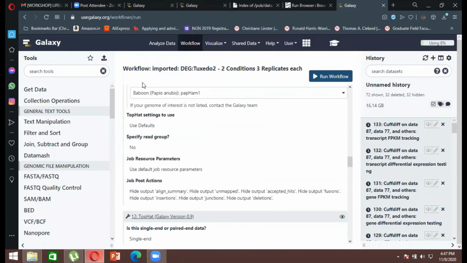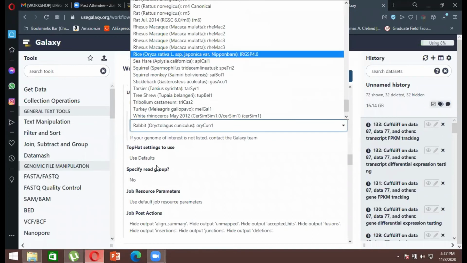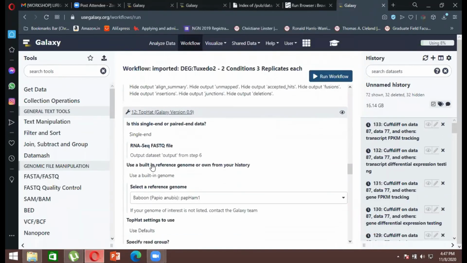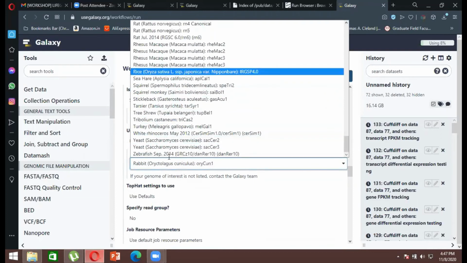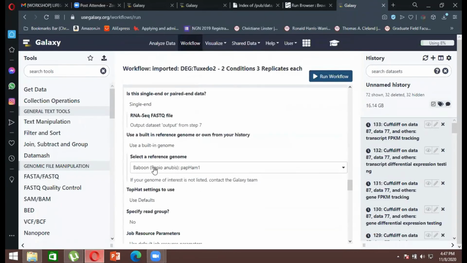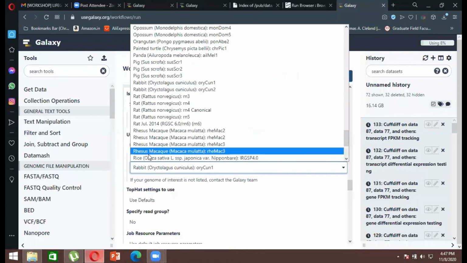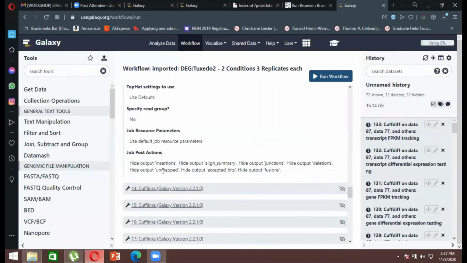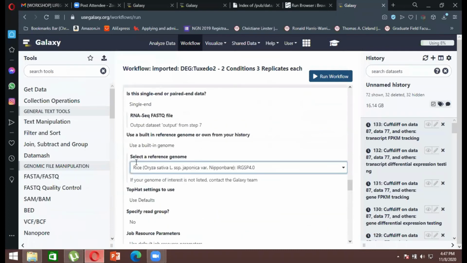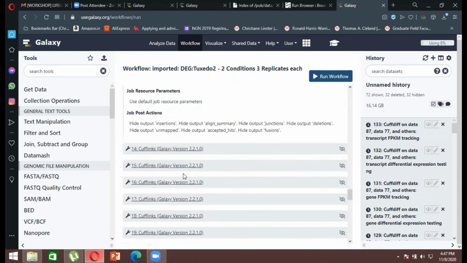You have this one, again select R and go for rice, and then again go down and you have baboon, then go there, select R, and then go for rice, and then again this file. So you have rice over here, right? So these are the 6 files that I've uploaded, and for all of them I have selected the one reference genome as well, that is rice.